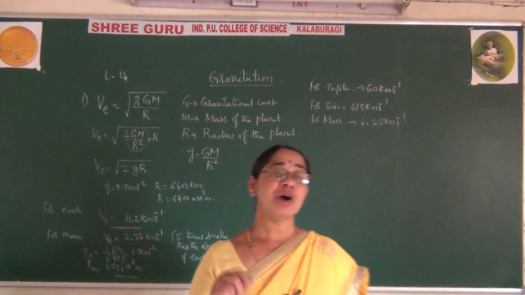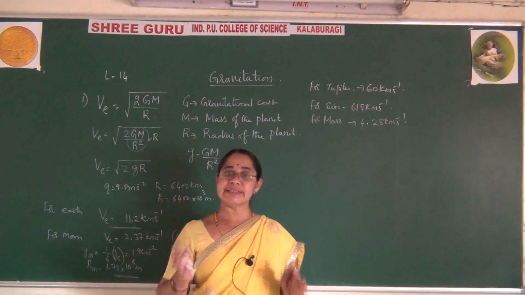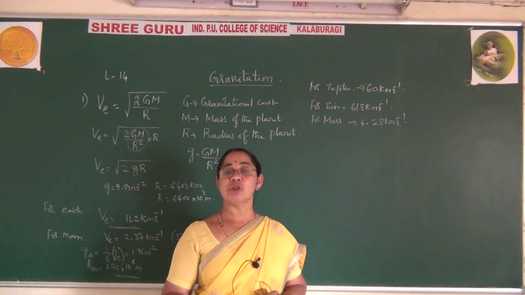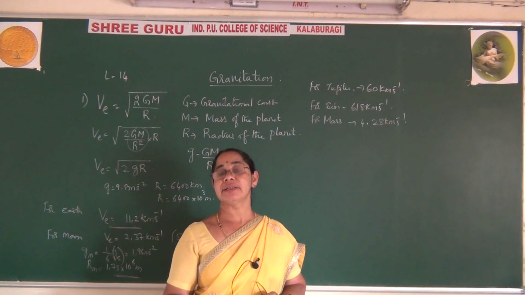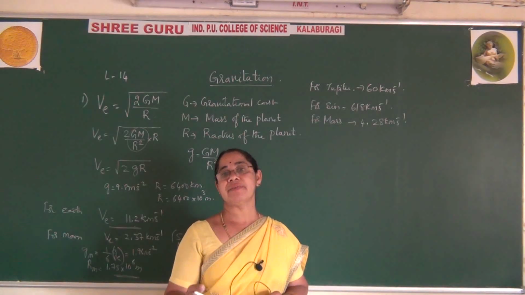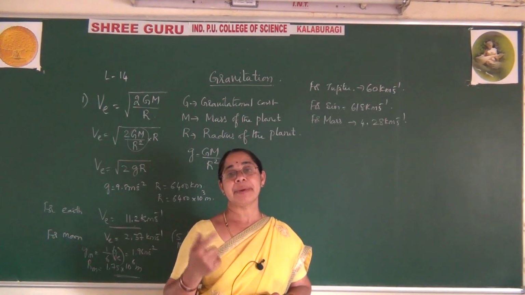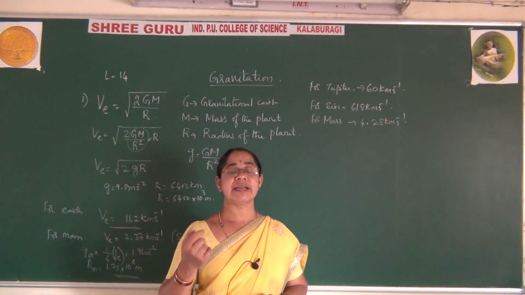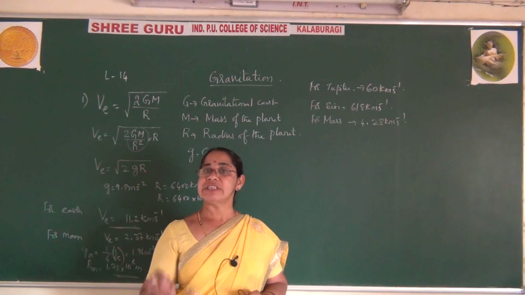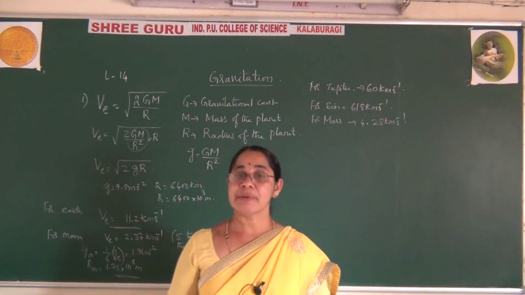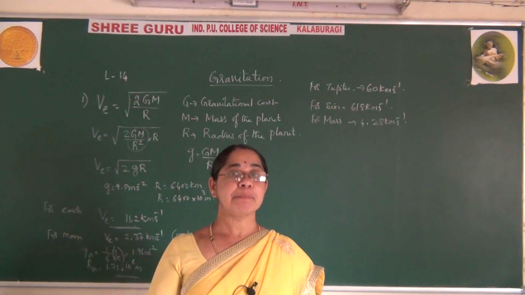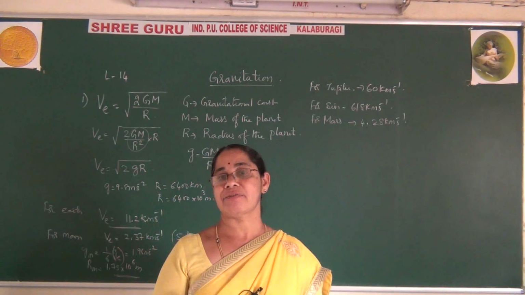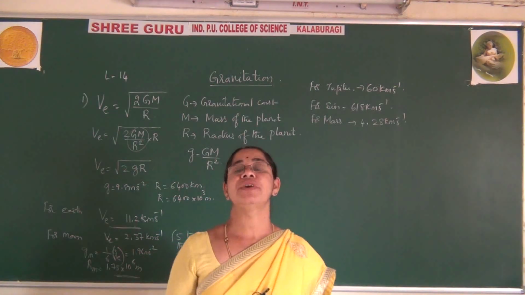But if you observe the Moon, the size of the Moon is very small as compared to the Earth. The mass of the Moon is also very small compared to that of the Earth. The escape speed is also less for the Moon compared to the Earth. At the same time, the thermal speeds of the gas molecules, which are the RMS speed of gas molecules, are not small compared to the escape speed, due to which they escape from the surface, and hence there is no atmosphere on the Moon.